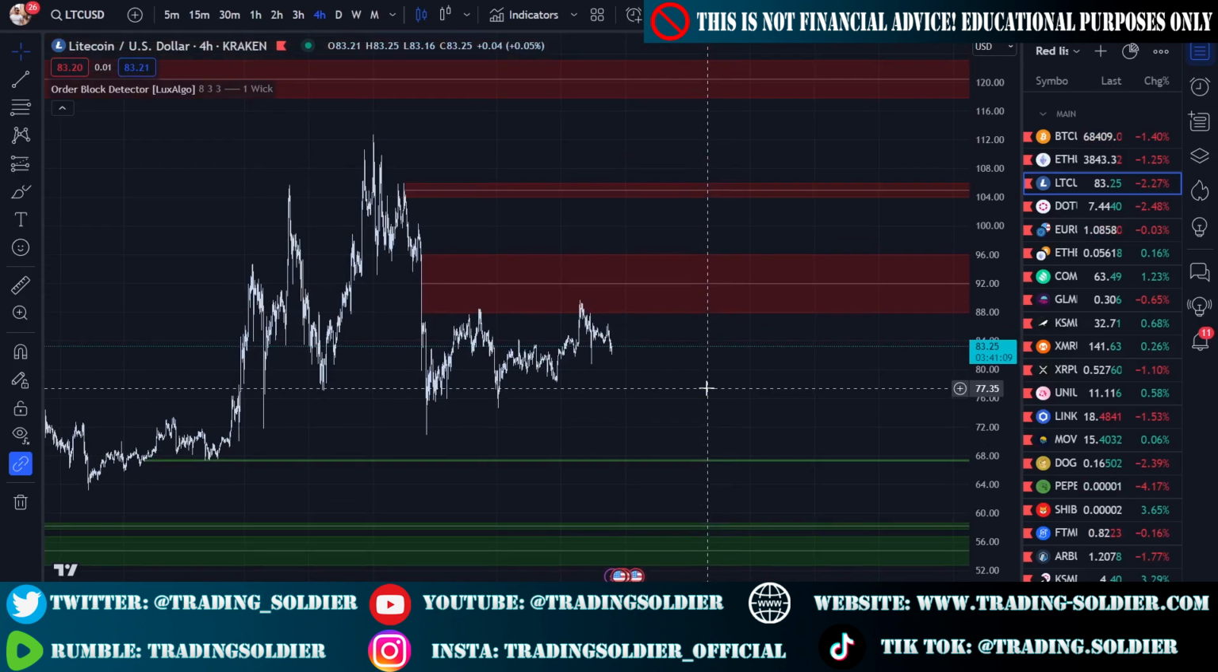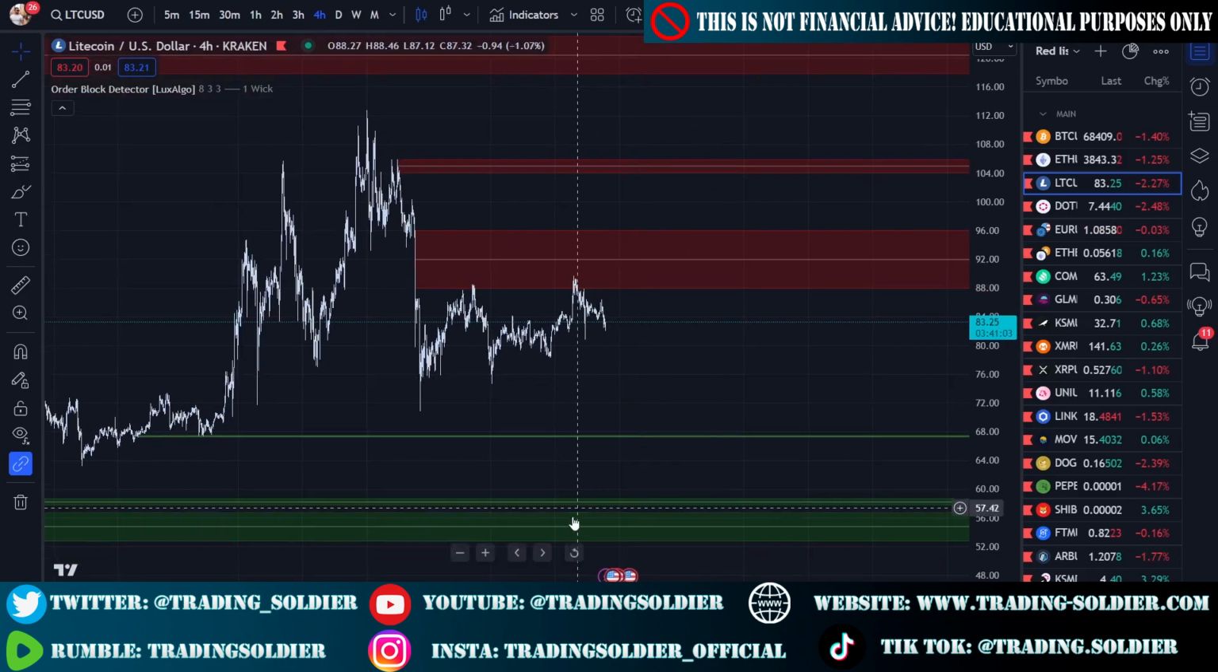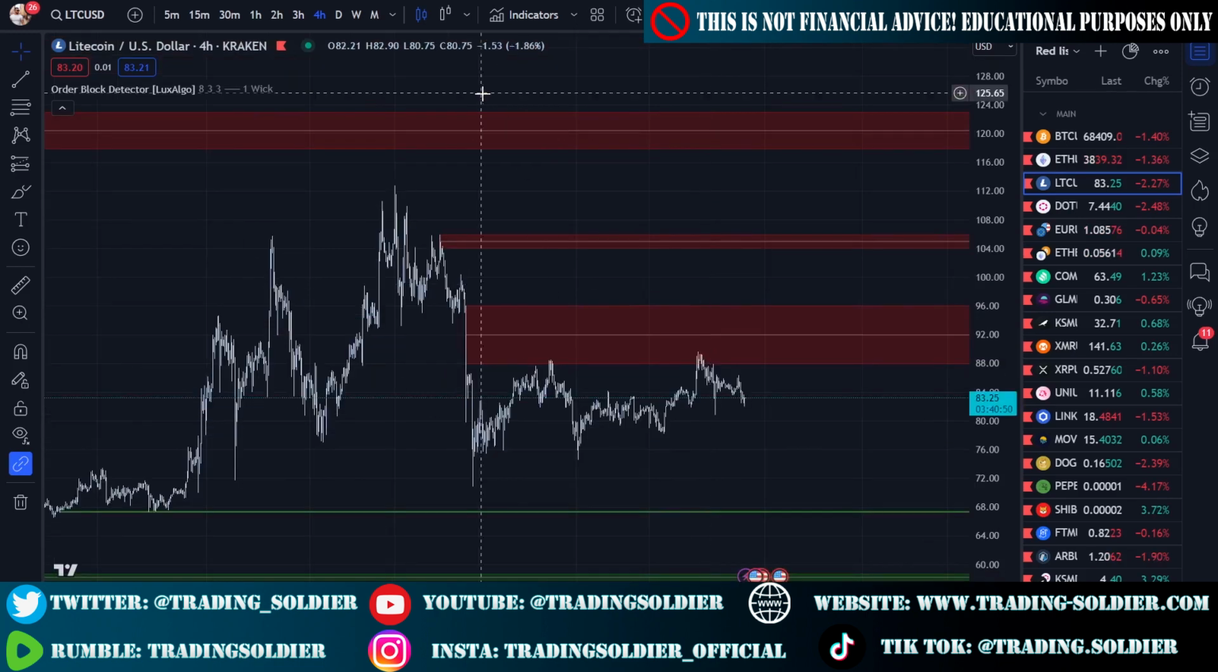So basically, you can use order blocks as support and resistance. The bearish order blocks should be used as resistance levels, and the bullish order blocks should be used as bullish or support levels. If you want to use this indicator in your TradingView charts, you need to go here to the indicators tab and type